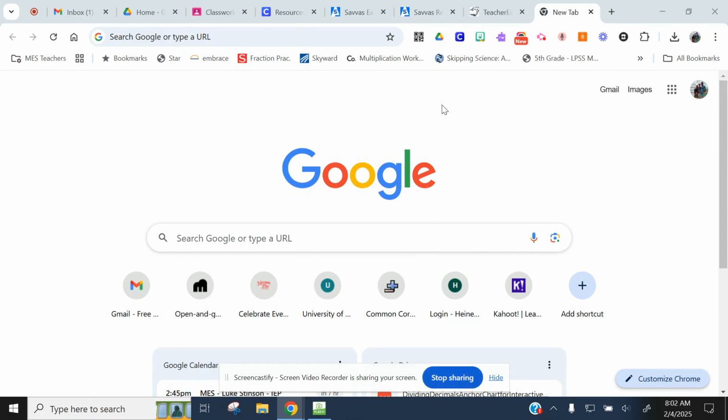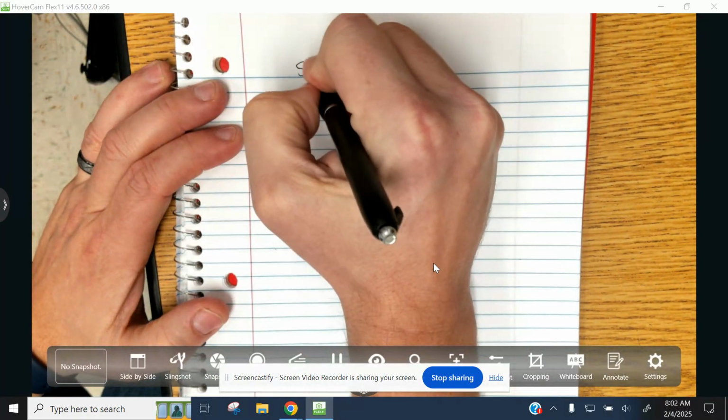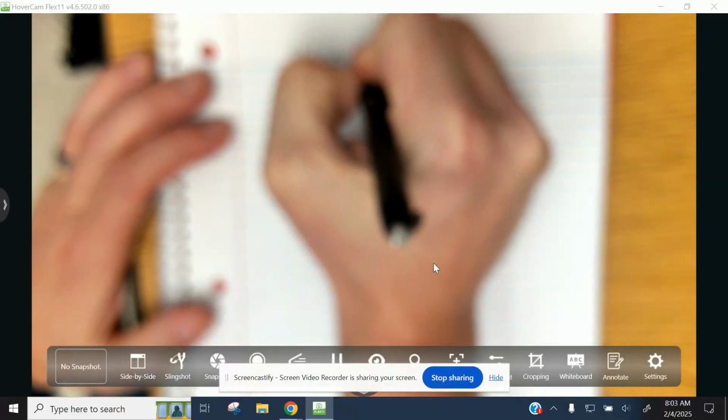Today we are going to work on dividing decimals. And in order to do that, I'll be honest, the best knowledge I have of dividing decimals is using the old school method of standard algorithm. So we're going to walk through standard algorithm. I'm going to show you a couple problems, just normal standard algorithm division. So you're going to see how it's a little different than